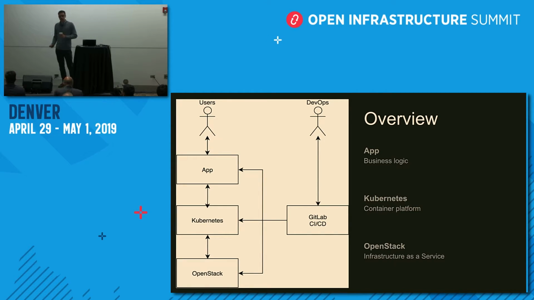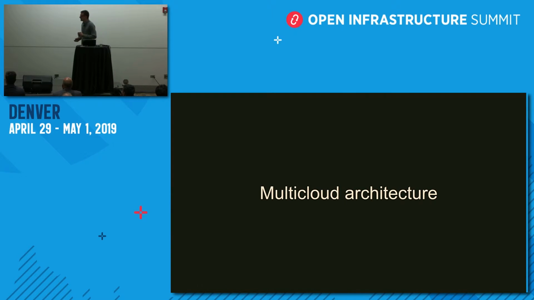And on the right-hand side, you have your control plane. This is where your DevOps, your developers, or your ops people will work. They will talk to some form of CI/CD platform. Here I put GitLab, but pick whatever you're most comfortable with. And then this CI/CD platform will make things happen in the business logic, in the container platform, and in the infrastructure as a service when and where appropriate. So this is the very high-level idea of this talk, and I'll go a bit deeper into that architecture now.